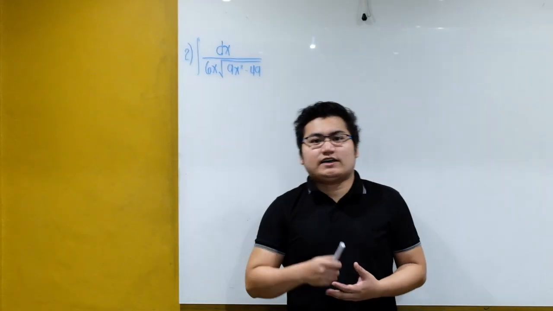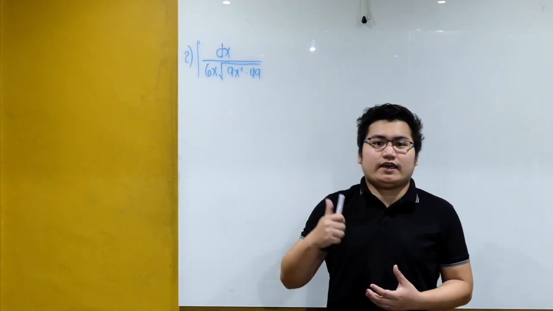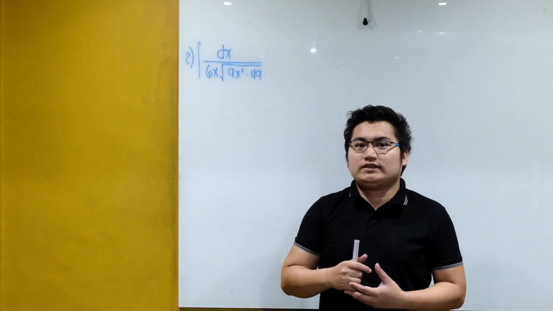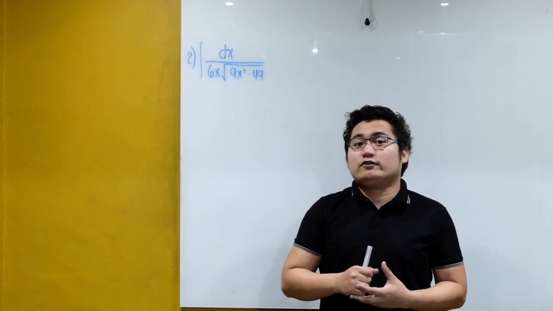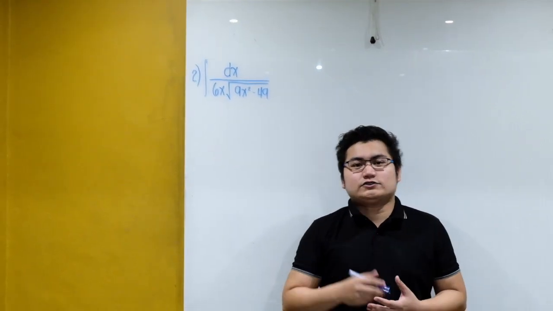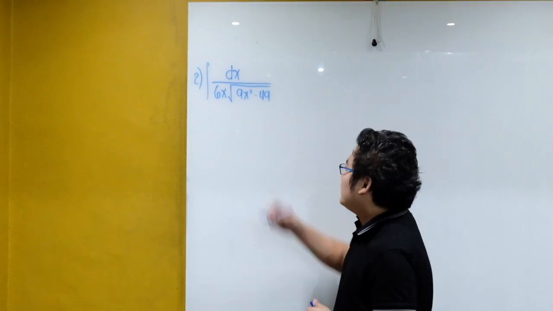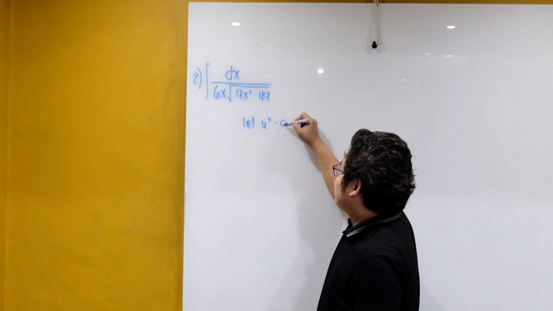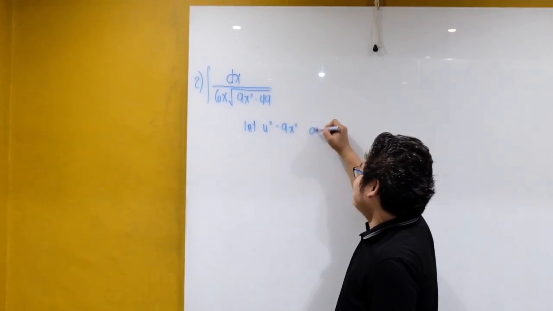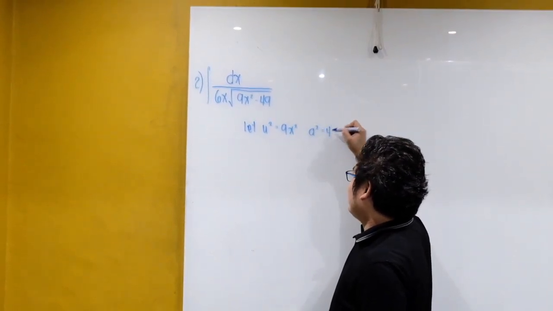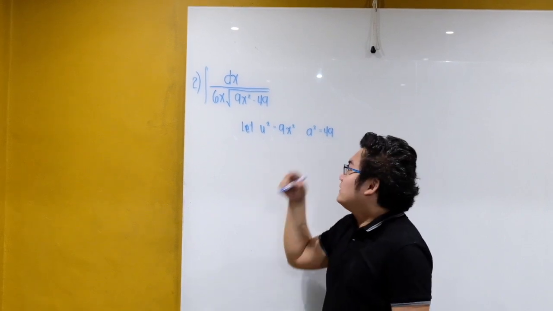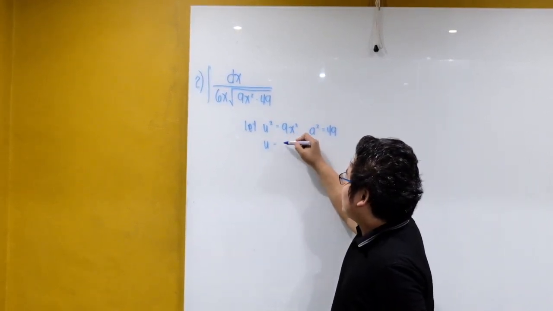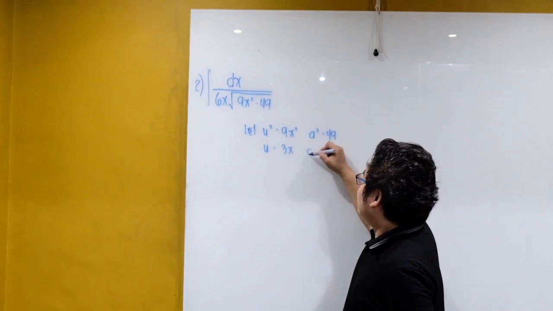For our next example, solve for the integral of dx over 6x multiplied by the square root of quantity 9x squared minus 49. Let's now solve for the values of u and a. So let u squared be equal to 9x squared and a squared be equal to 49. So taking the square root of both sides, we now have u is equal to 3x and a is equal